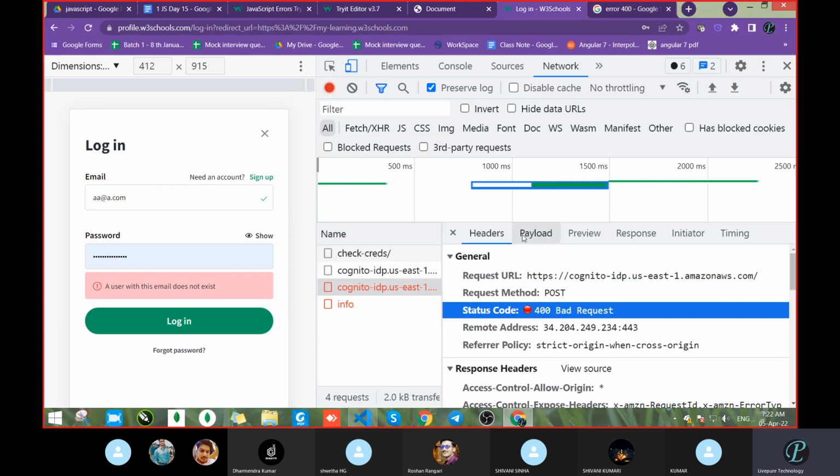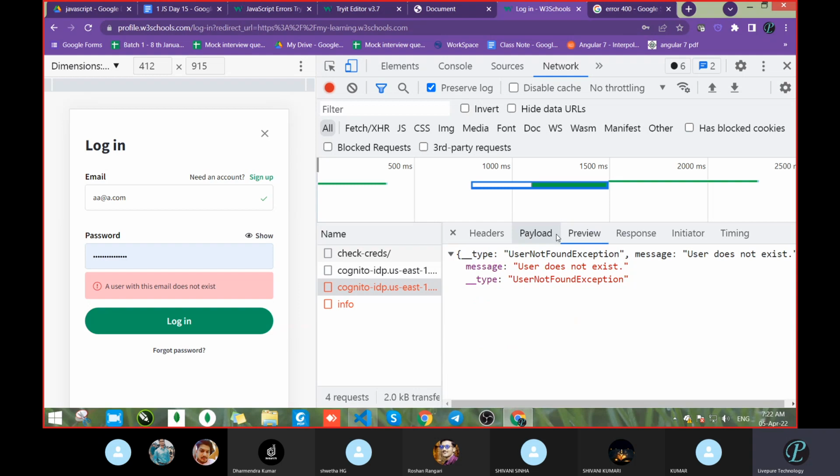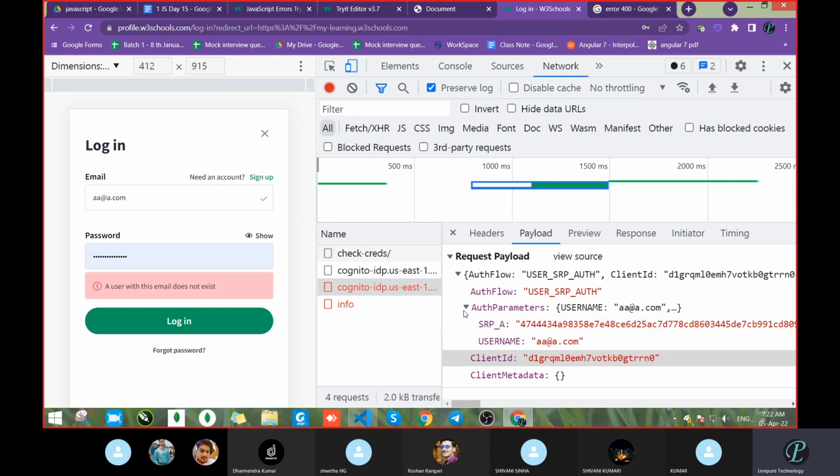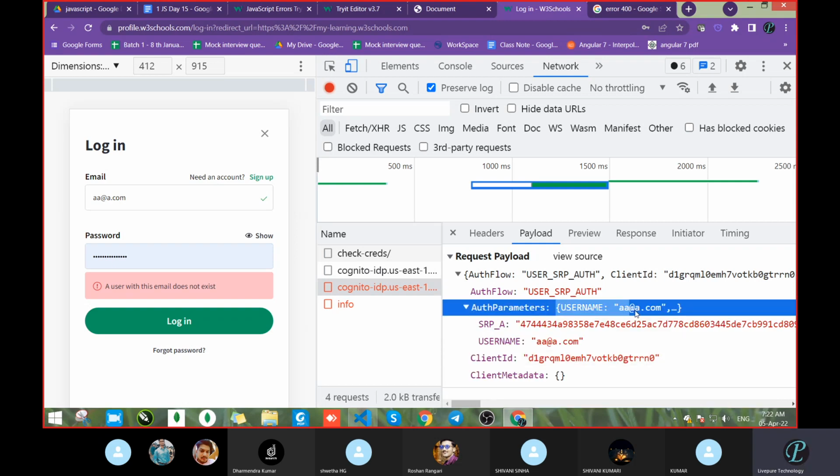Okay. So what happened in the payload and status type? See here, in the payload, what is it showing? Authorization flow and a user message is there. And on the client side, what message is there? A message is coming, and here it's showing parameter username. So on this basis, some message was thrown from the backend side. Whatever message you are getting here is not from the backend, it is from the front end side. Front end in the sense of the user end.